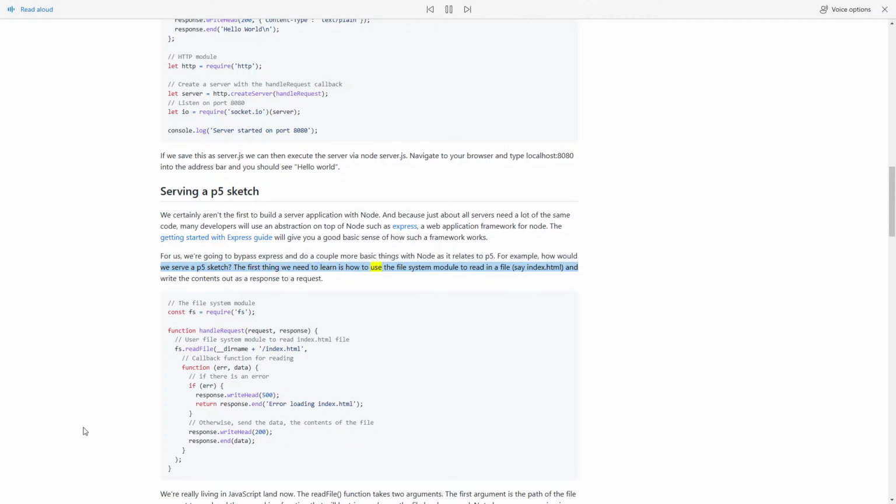The first thing we need to learn is how to use the file system module to read in a file, say index.html, and write the contents out as a response to a request. // the file system module const fs = require('fs'); function handleRequest(request, response) { // use file system module to read index.html file fs.readFile(__dirname + '/index.html', // callback function for reading function(err, data) { // if there is an error if (err) { response.writeHead(500); return response.end('Error loading index.html'); } // otherwise send the data, the contents of the file response.writeHead(200); response.end(data); }); }